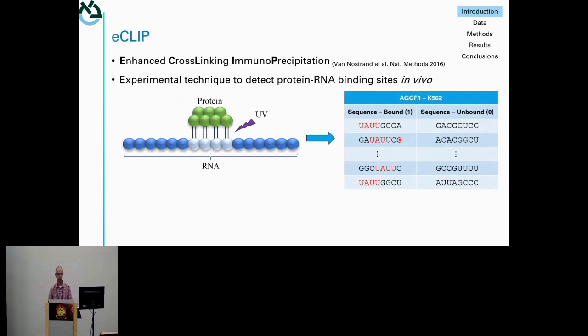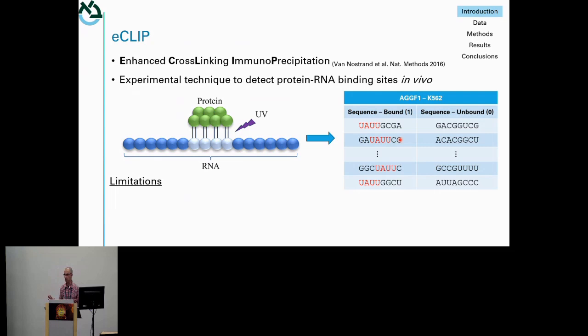Here I'm showing an illustration of sequences that are 8 nucleotides, but of course the sequences are maybe around 100 nucleotides. I'm also highlighting a recurring motif which represents the binding site, but of course no one tells us where the binding site is or what the binding site is. So we need to find this recurring pattern. In many cases, computationally, we augment this data with negative examples, meaning unbound sequences, and then we define the binary classification problem that we need to solve to distinguish between bound and unbound sequences.